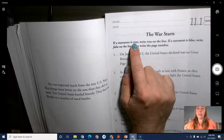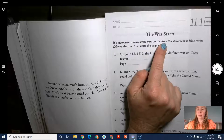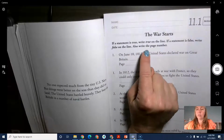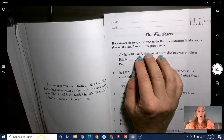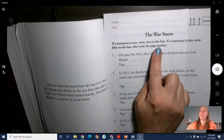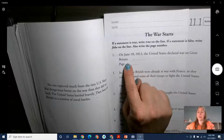So it says, if a statement is true, write true on the line. If a statement is false, write false on the line. Also write the page number. So we have to find where this says if it's true or false. Sorry, my son was calling me. Okay, so if it's true, we're going to write true. If it's false, we're going to write false, and then we're going to write the page number where we can